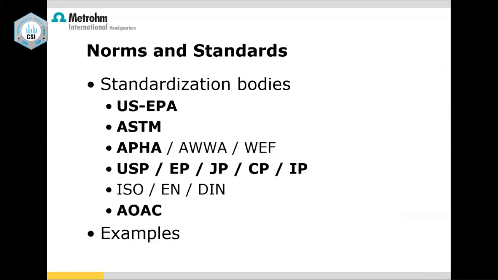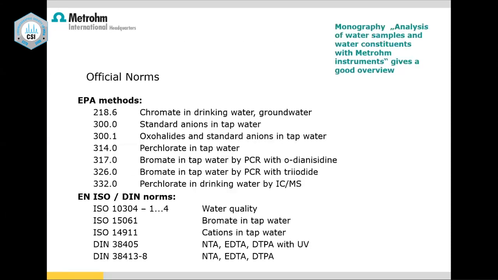So coming to the applications, I'll quickly go through. IC has been approved as a technique by the US EPA, that is the US Environmental Protection Agency. Then we have the ASTM. Then we have the AFA. Then the American Water Works Association. Then it is approved by pharmacopoeial regulatory authorities like United States Pharmacopoeia, European Pharmacopoeia, Japanese, Chinese, Indian, ISO, then European norms. DIN is the German norms. AOAC is again for food mainly. So all these have approved IC as a technique, and these are certain norms officially available.